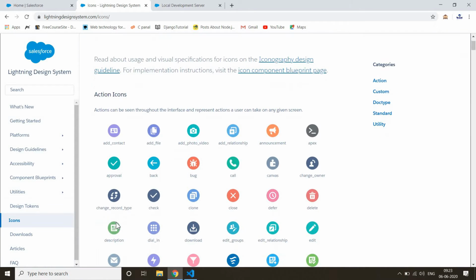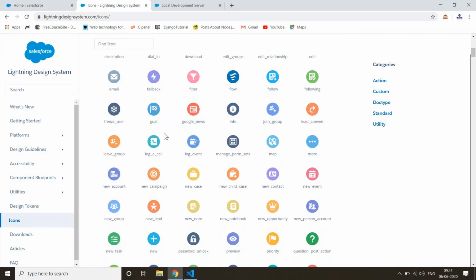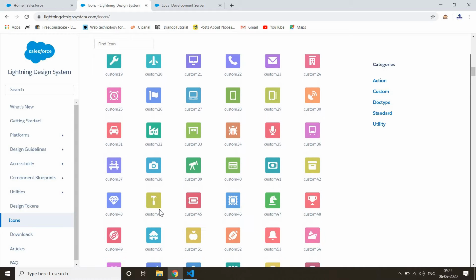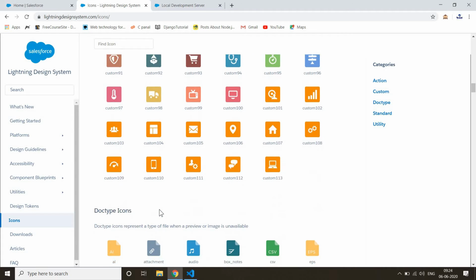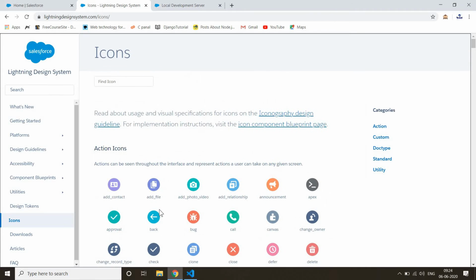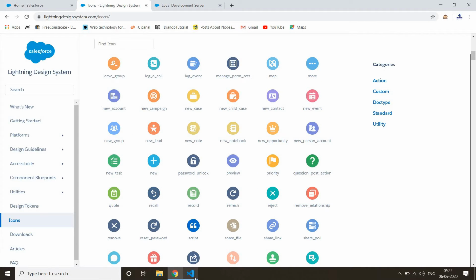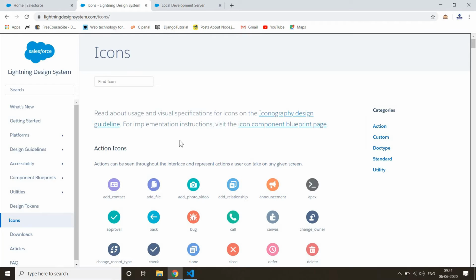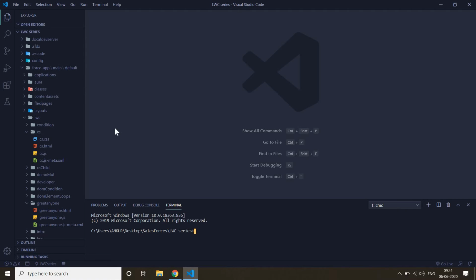In the icon panel you can see action icon, then custom icon, icons which we already used in the previous two or three videos. The use of icons is pretty simple, so let's see how icons work. You have to remember what the icon category is. Here is the icon action category, so let's open